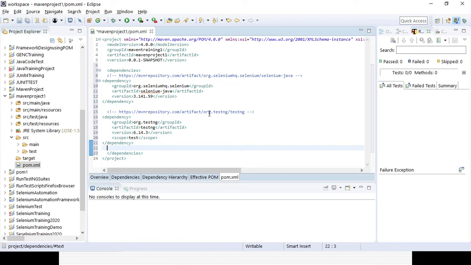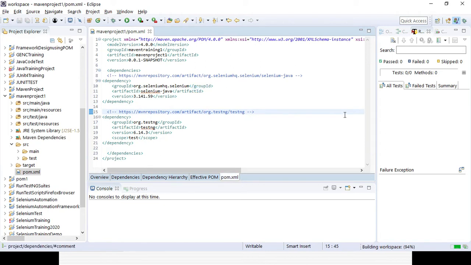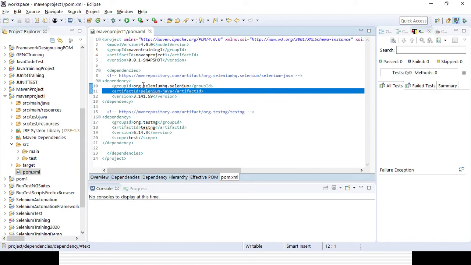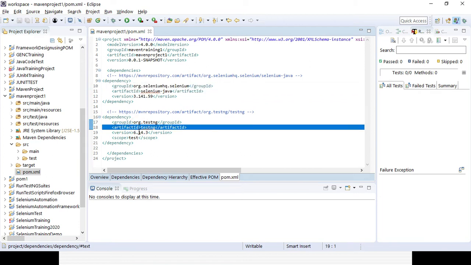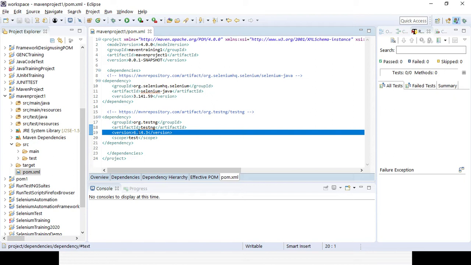After that, if you press Ctrl S, what happens? It will add all the relevant jar files based on the version you have given, in that repository. It will first try to get them from the internet, which is the central repository, and it will store them in the local repository. So next time, if the internet is not available, it will first check whether that particular thing is available in the local or not. In case it is able to find it, it will automatically update. It will not take from the internet. So it will add the jar files.